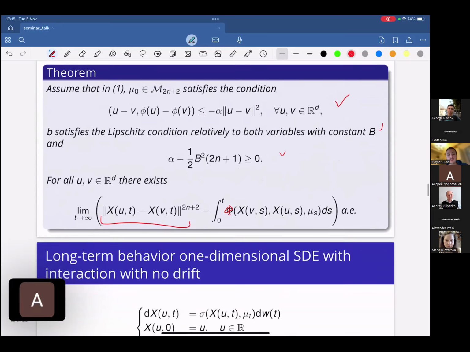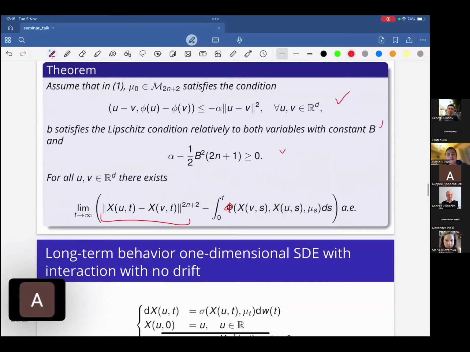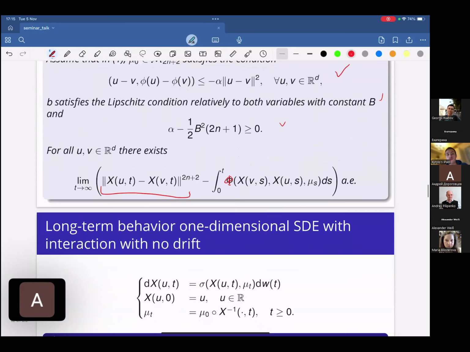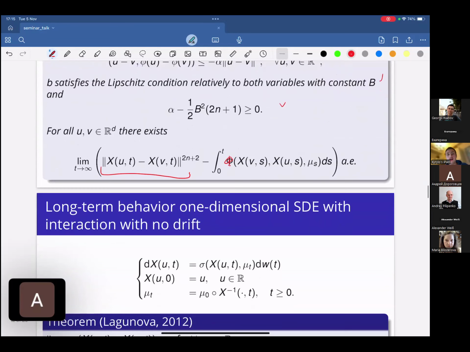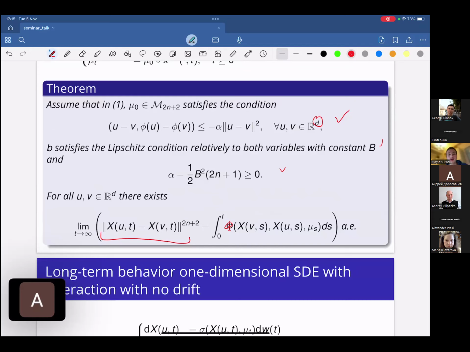And it's actually the main result of my paper, and the next part of the talk is dedicated to proving such results. Before proving it in R^d, because here we consider the d-dimensional case,